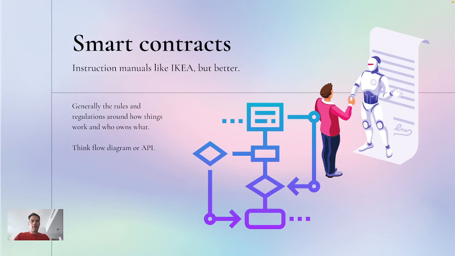When you think about it, at the very core, they're diagrams, they're instructions, there's rules, there's regulations. There could even be legalities tied into a smart contract, right? The simplest way to think about these things are flow diagrams or API calls. A really simple example that you'll find all over the internet is the example of the vending machine contract, but